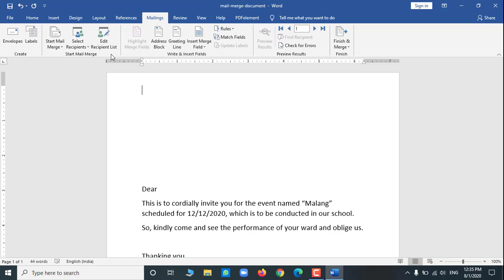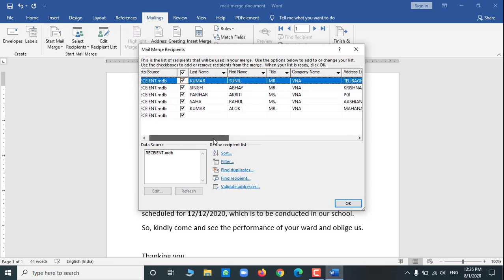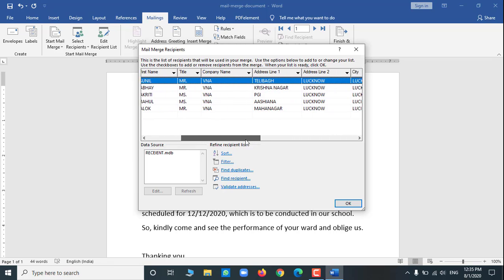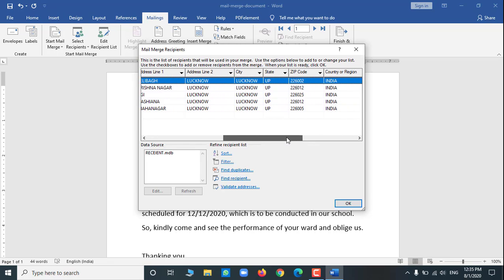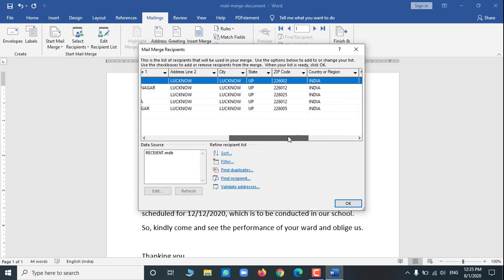Just have a look. You will just enter those details which are relevant and important for the invitation letter to be sent to the various people. Yes, the list is okay, so we will just click OK.